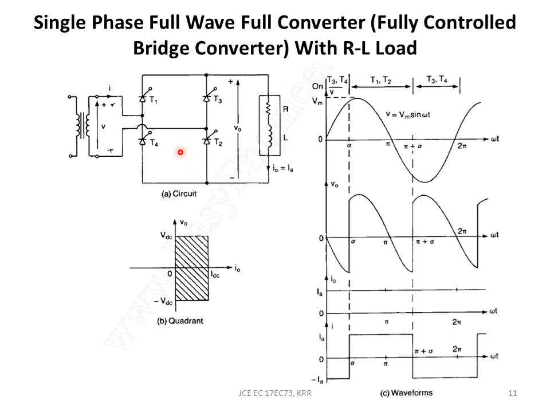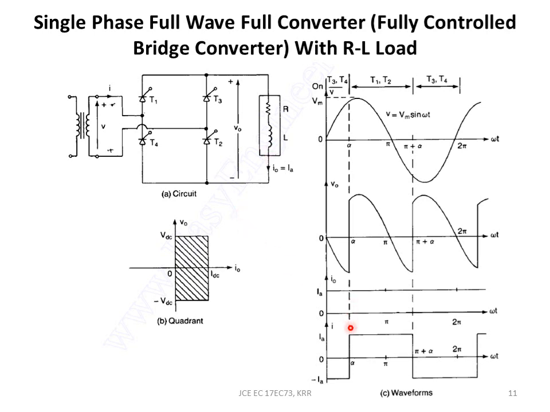But remember that the current through the load will always be positive, because both the thyristors are going to make sure that the current through the load is always, for both the cycles, in the same direction. So the inversion is only because the input gets connected to the load and it is acting like a switch. Whatever is the input at that time will be connected to the load.